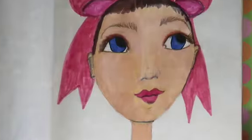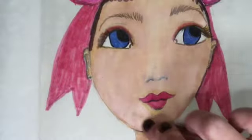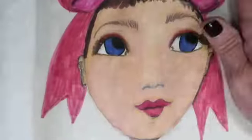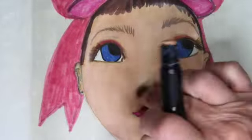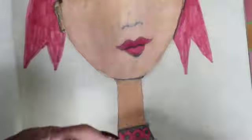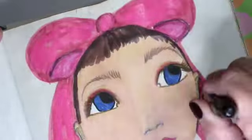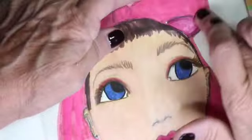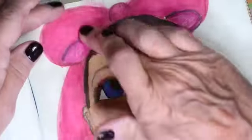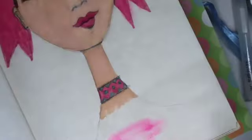I tried to spread it with the water pen, but then here's where I stumbled onto something. As I tried to mush it in, I found that using my finger worked out much better, and there was just enough moisture on my hands and left in the paper that it spread very nicely. And although I do kind of go overboard, you see the nose. Oh, I feel so bad about that nose. Anyway,